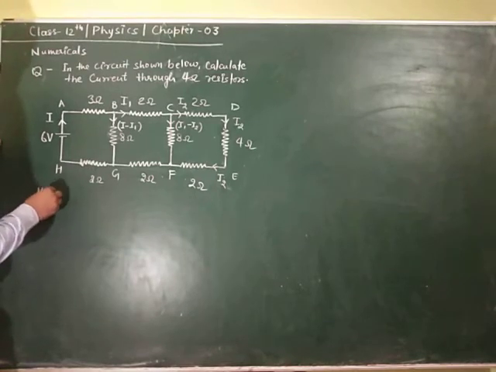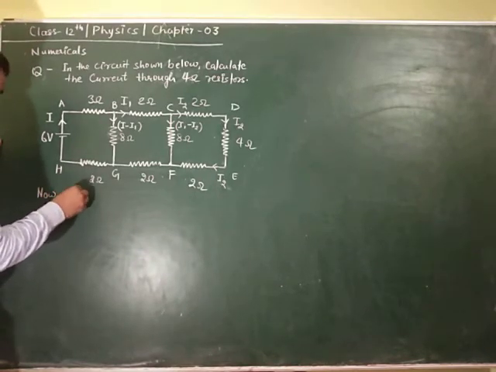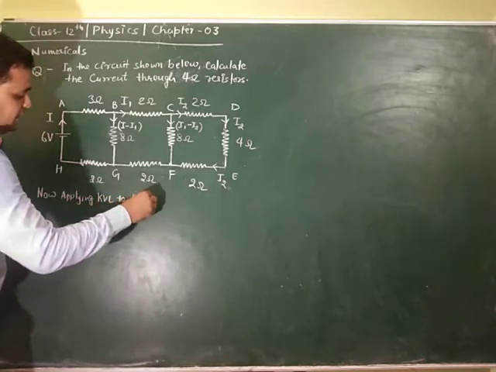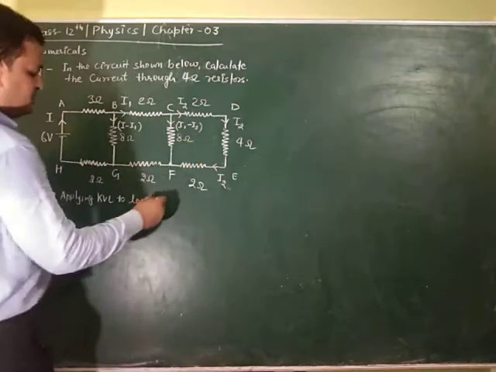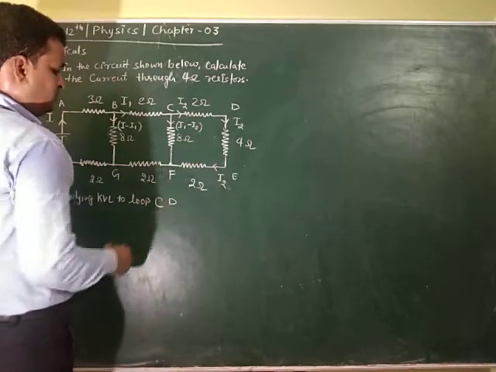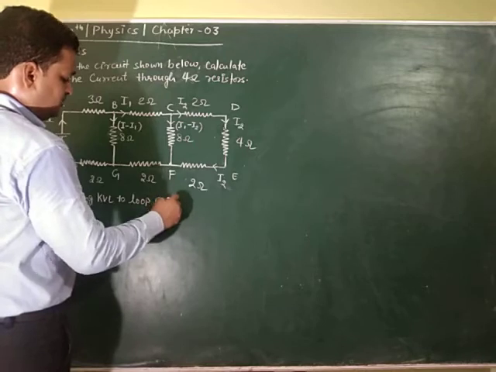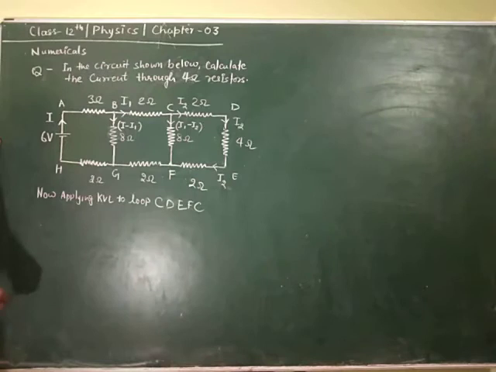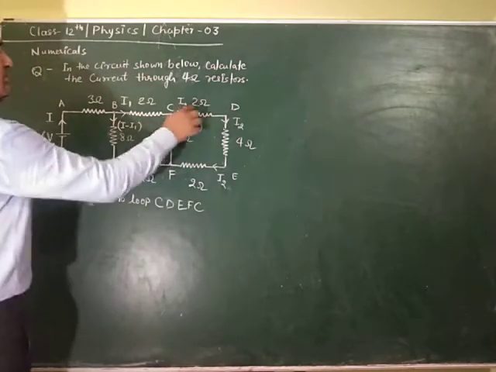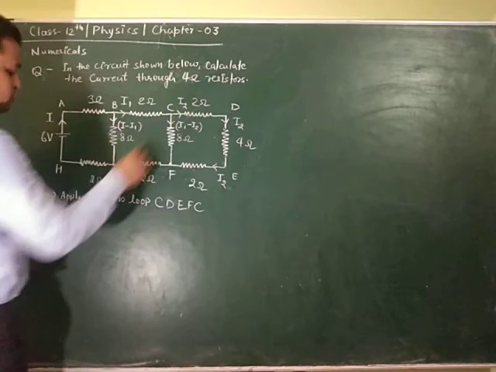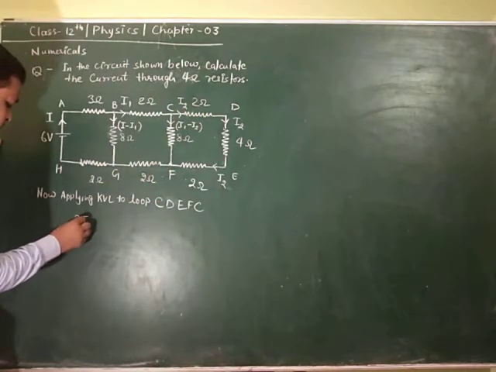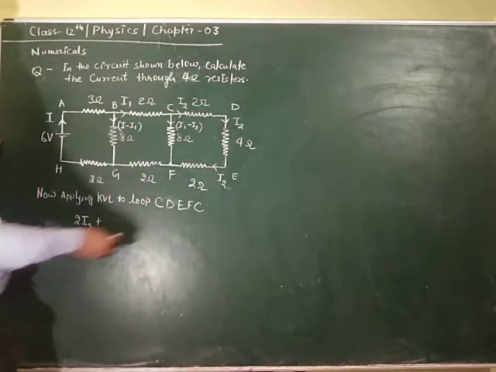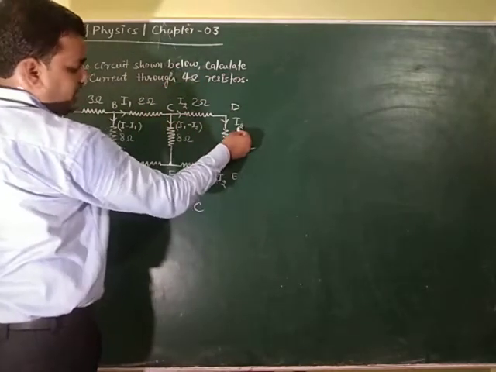Now applying Kirchhoff's KVL to a loop, you can apply it to any loop, but I am starting from C, D, E, F, C. We have to go from C to D. C to D means 2 into I2, so this total voltage becomes 2I2. Positive, right? Because we are moving in the direction of current. Here 4 into I2, it becomes